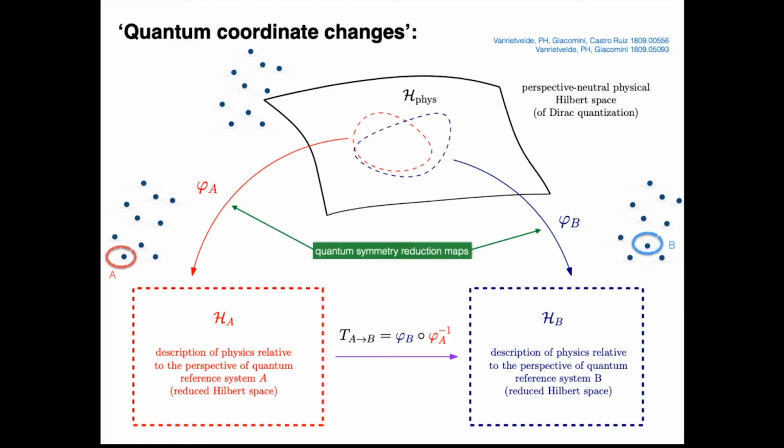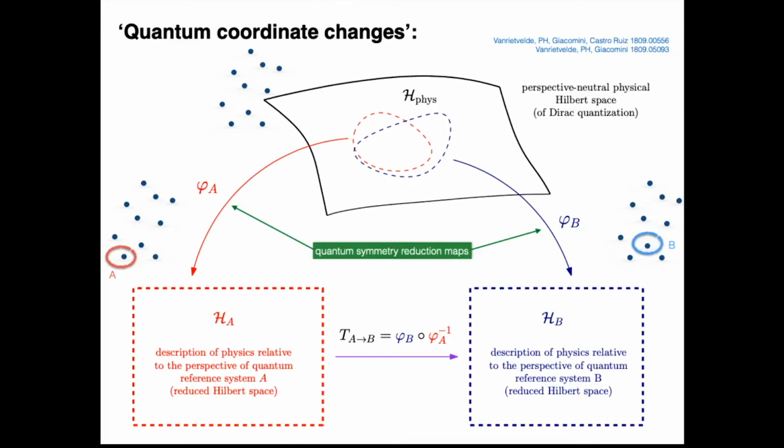They are not always globally invertible, depending on the model. But wherever they're invertible, you can embed the information that's in one quantum reference frame perspective back into the perspective-neutral structure, and then map it forward using the quantum symmetry reduction relative to the new frame, and then go to the new quantum reference frame perspective. That gives you also such a nice compositional structure as I was indicating before for general relativity, except that here we're working between